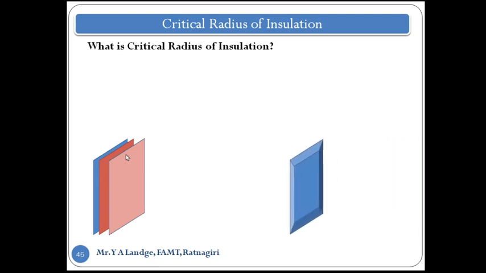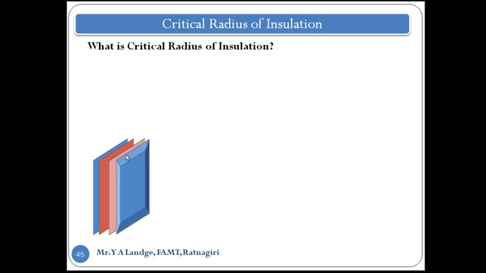So I again apply another insulation material, the same material, with increasing thickness. Again I increase the thickness with the same area, and what I found is that again the heat transfer rate is reduced. But is it true for the cylindrical geometry or the spherical geometry? Because in industry when we are insulating a pipe, which is circular in nature, can wrapping it, or increasing the thickness of the insulation, reduce the heat transfer rate? Then the answer might be no. Why? Let me tell you.